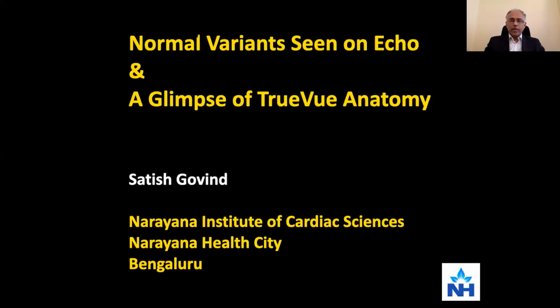So I will be focusing on something called normal variants seen on echo, and also something called TrueView 3D imaging, where it gives you structures which are as close to the anatomical appearance as you can see. Now, normal variants are something you will probably be seeing on a routine basis,